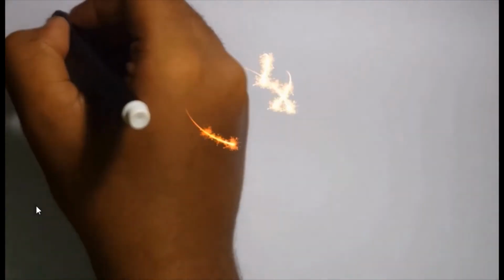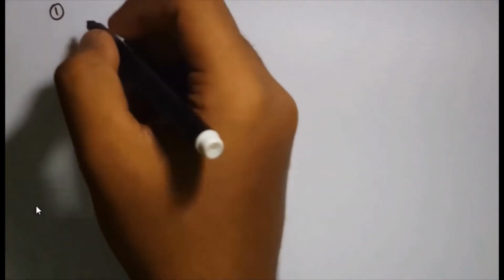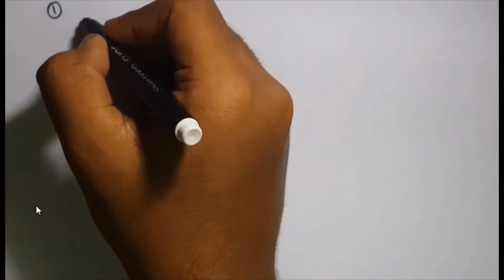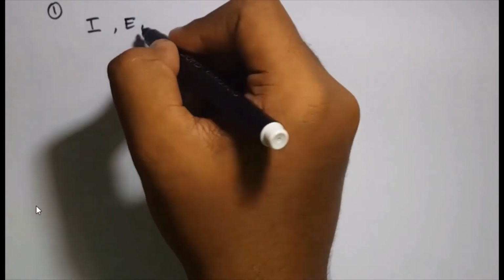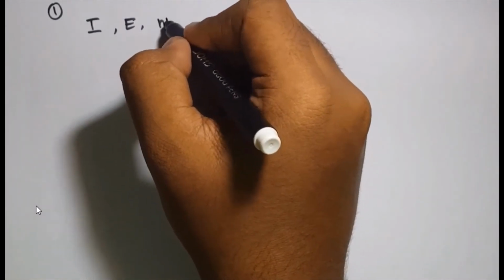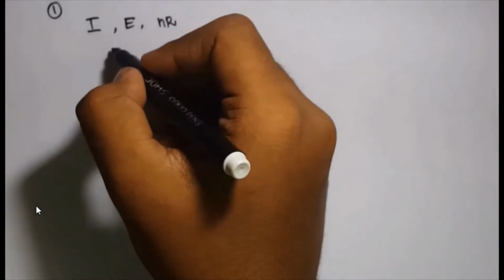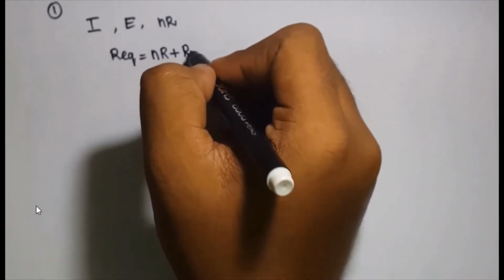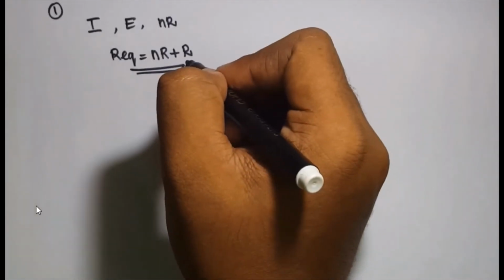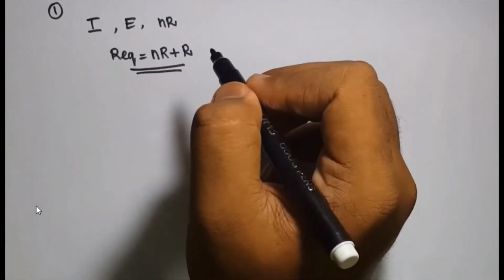In the first case, the n equal resistors are connected in series to a battery of EMF E. The current drawn from the arrangement is I, the EMF of the battery is E, and the resistance of the arrangement is nR. There is also an extra additional resistance, that is the internal resistance of the battery. So here the battery is connected in series with the arrangement. So the equivalent resistance can also be written as nR plus the internal resistance of the battery. This is the R equivalent for the first case.